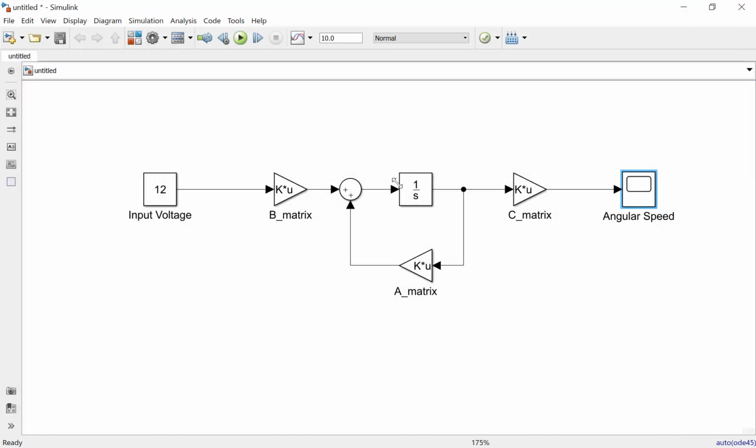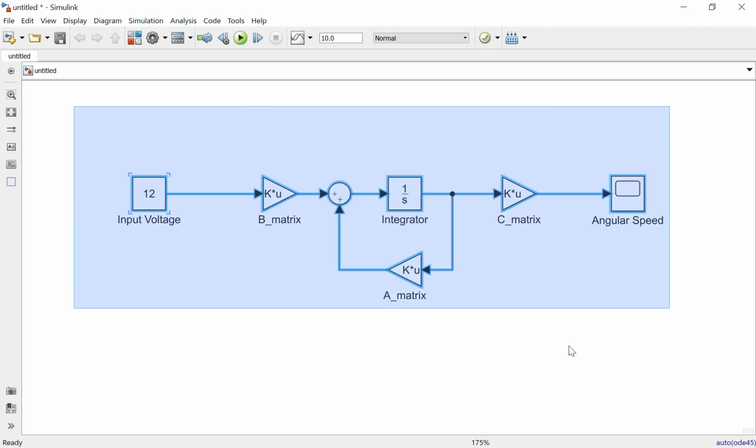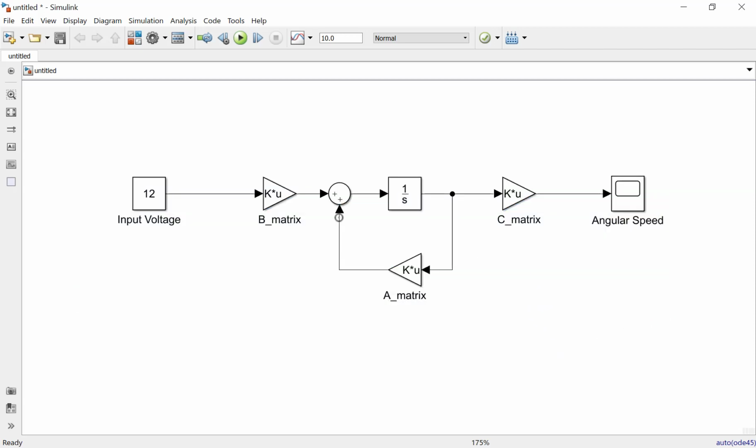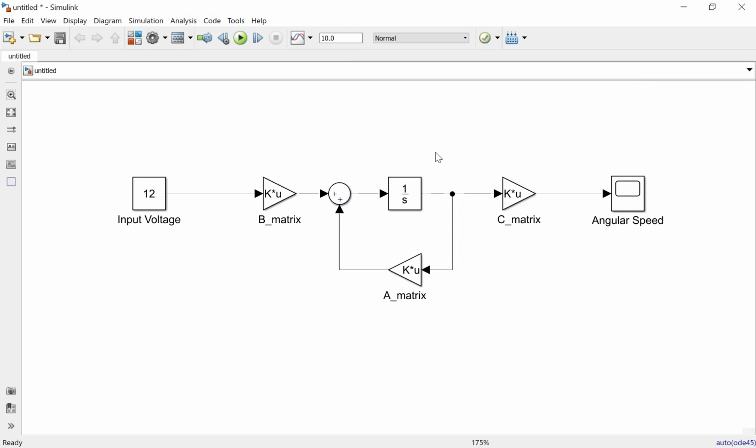Okay, this is the open loop simulation. So this is the method to make the state space simulation of the DC motor system by using the open loop simulation with the input being the input voltage.